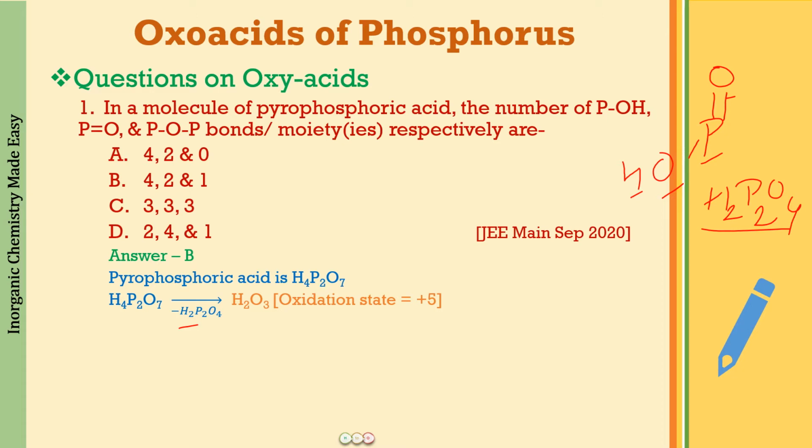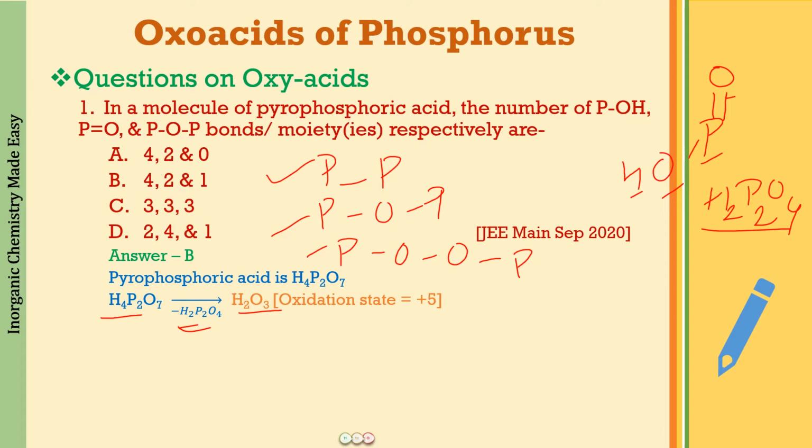Right? So that is why what we do is we just subtract this from the formula, and what is remaining behind is 2 hydrogen and 3 oxygen, which you have to fit into the structure. When there are going to be 2 phosphorus atoms, between the 2 phosphorus, either it can be a P-P bond, or it can be a P-O-P bond, or it can be a P-O-O-P bond. This we again learned with the help of a trick.